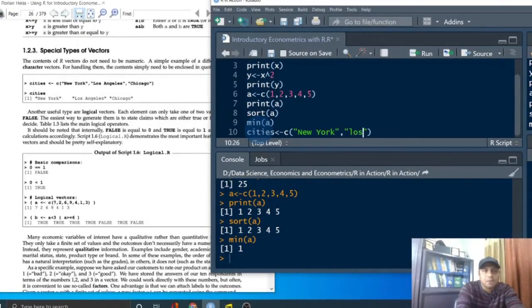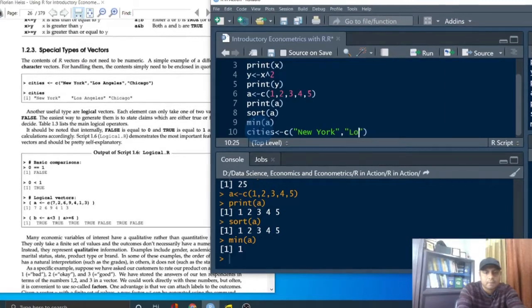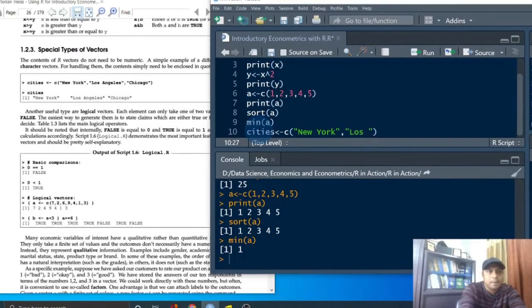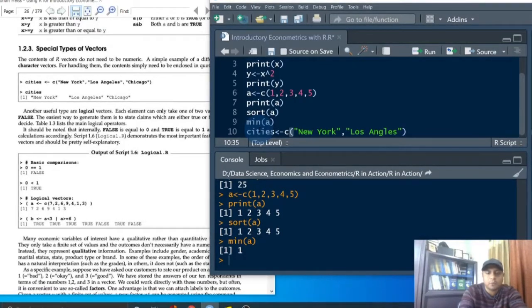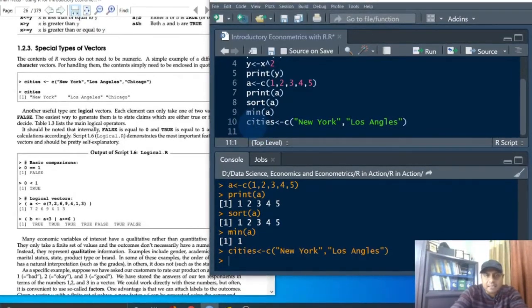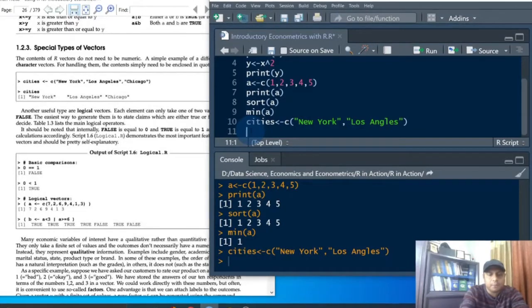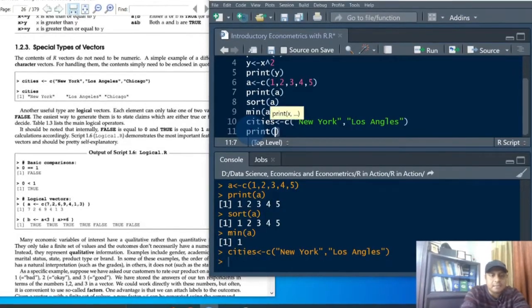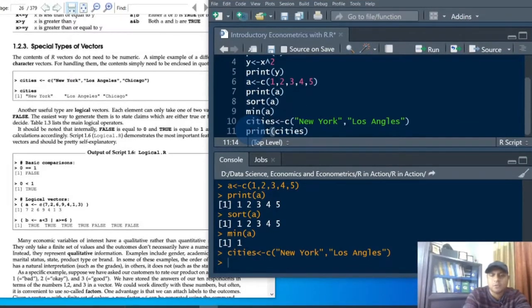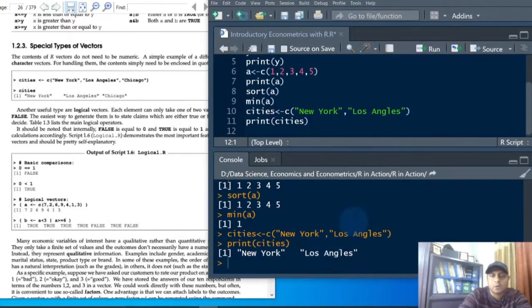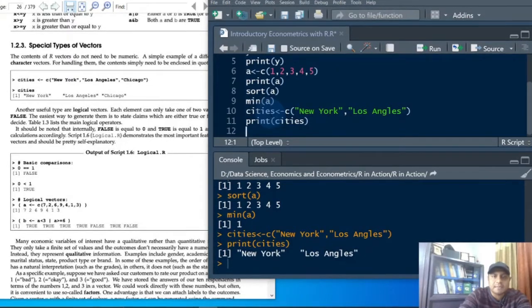This is how you put the information inside the cities object, and then if you print cities, RStudio shows New York, Los Angeles, the information inside the cities object.